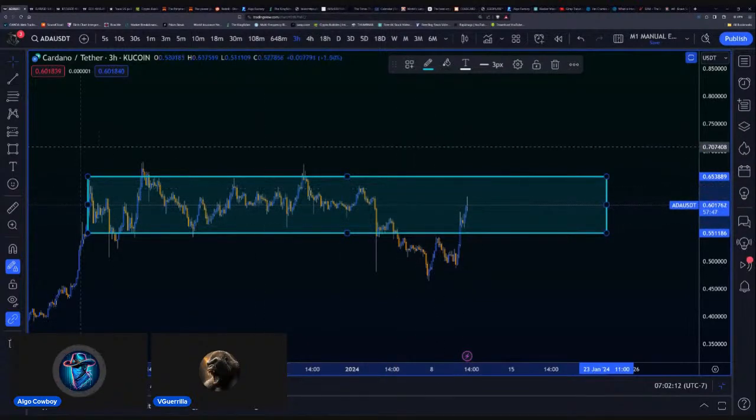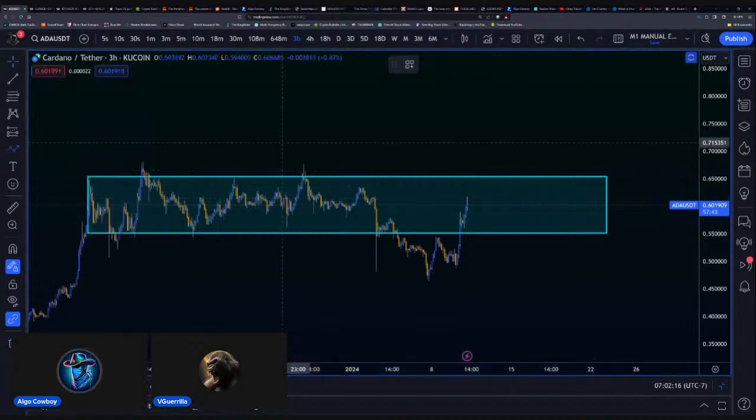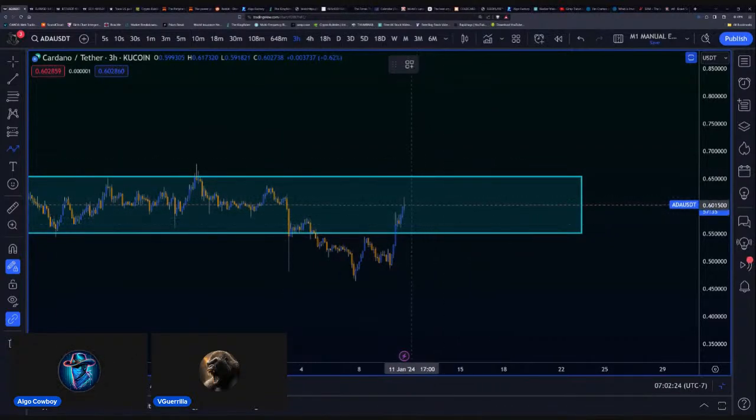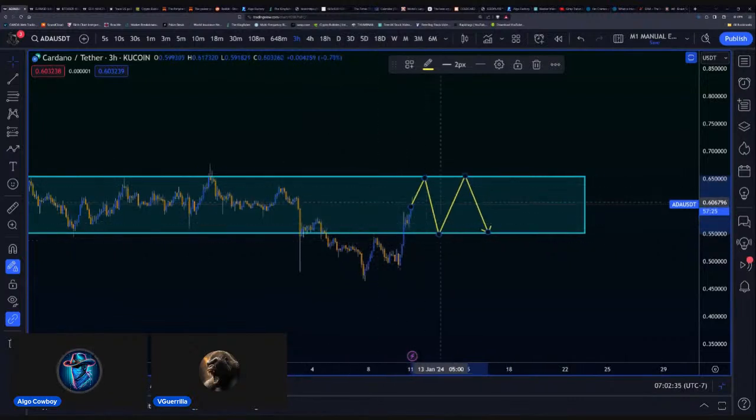ADA, not so much. To make this really simple on ADA, all I see right now, eventually I do see a break of this high, especially if crypto and Bitcoin continue to go up. So going above 68 cents is, I think, in the cards, and maybe not even that far from now. But for the moment, I'm expecting this to be back in this range. I'm expecting this to be a deviation on a higher time frame from this range, and price to continue to ping pong, pinball back and forth. That's what I expect for now.